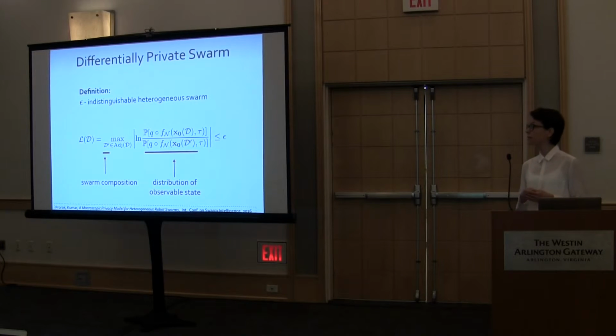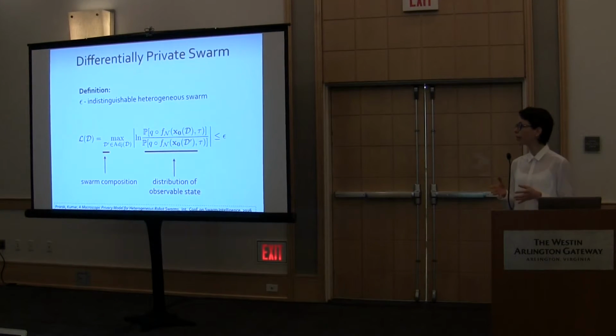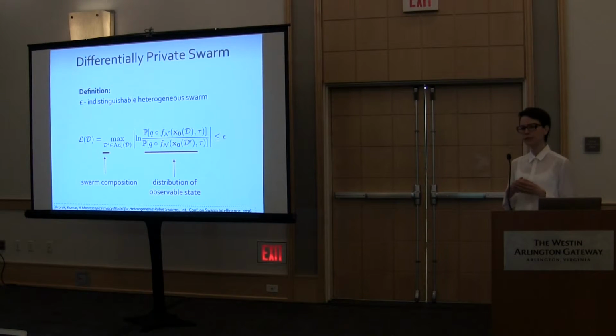can also call an epsilon indistinguishable swarm of robots, where the database is capturing the swarm composition, and the query now is essentially this observable or this observation function that gives us the distribution of our swarm over the possible states or configurations. And if this disparity is smaller than the value of epsilon, we're saying, well, our swarm is epsilon indistinguishable. So now the question that arises is, how do we actually compute this distribution here over the observable